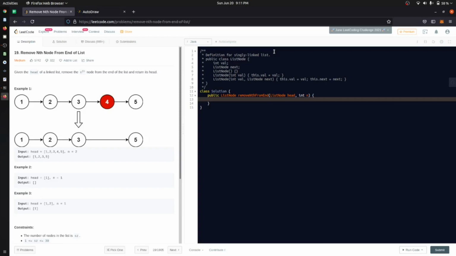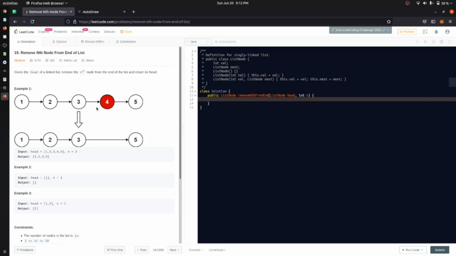Okay, so the basic approach that comes to mind is that if we want to delete the nth node from the end, then we can just find the node and delete it. How can we find this position? If we are able to count the number of elements inside the linked list, and subtract the number that we have been given from that count, then we can reach this point.